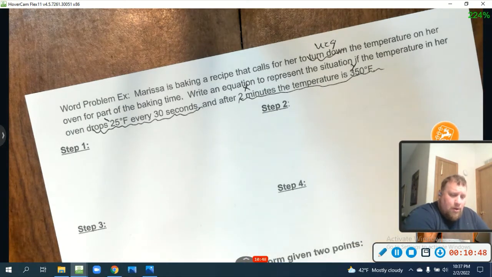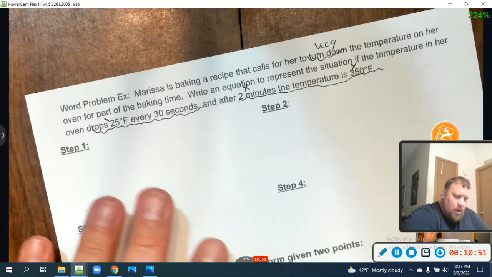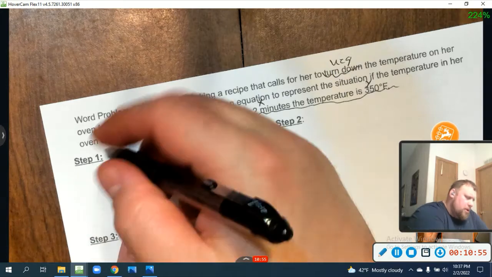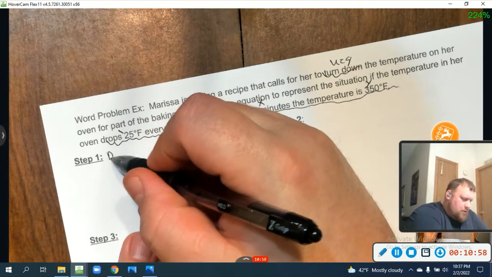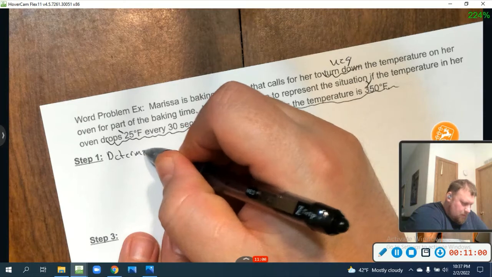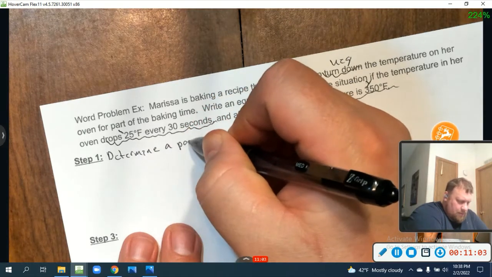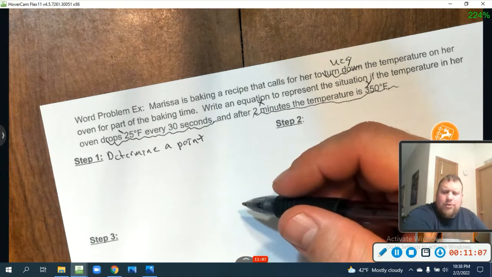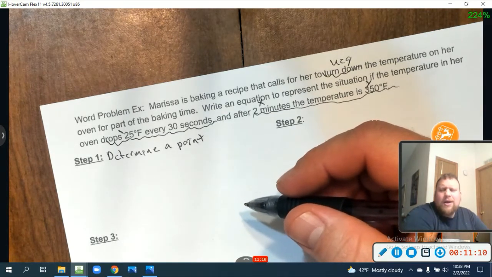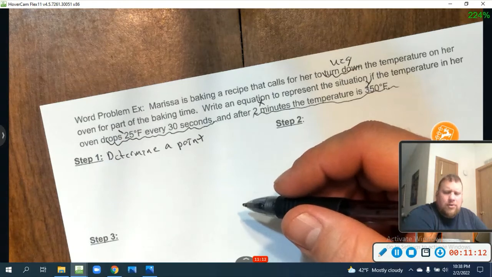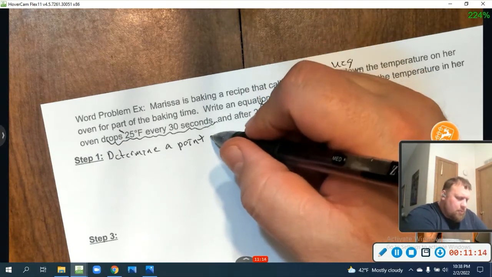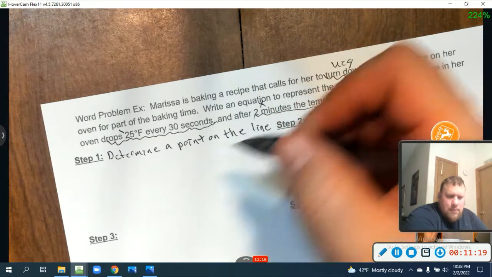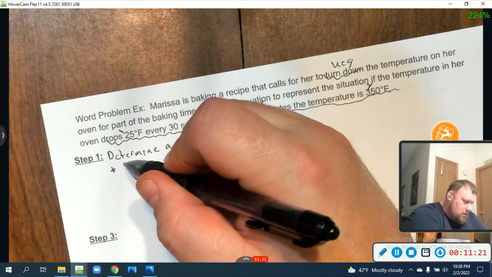Determine a point on the line and slope. So what we mean by that is determine what the XY point is we're given and determine the slope. So I'm going to start with, well, let's write it down. Determine a point on the line. Anytime we're writing equations, guys, those form lines. We're doing linear equations right now. So because of that, we're going to talk about points on the line. Those are our coordinates. Determine a point on the line and the slope